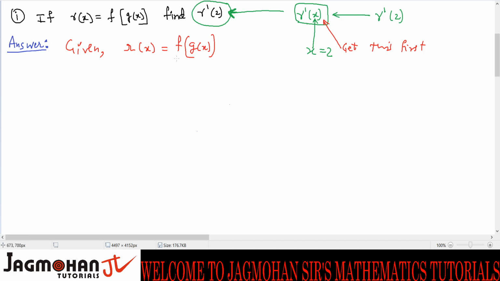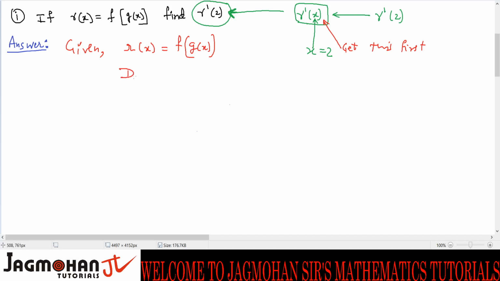What is important here, students, is that you had been differentiating many functions where the functions were given by their name, like sine of x, cos of x, tan of x, so you had the actual function. But here, instead of having the function in its actual sense, we have a symbolic representation of a function. Instead of having sine of log of x, we have f of g of x. That's the difference, nothing else.